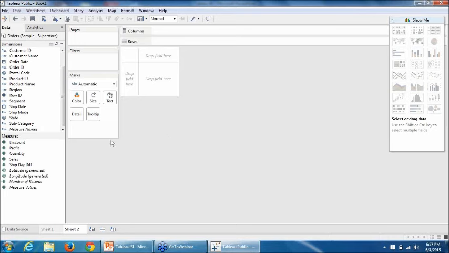So for that, I would need the latitude and longitude. As you see in my data set, I already have city, country, region, and state. So based on the state, city, and country, I would be able to draw a map, and inside that map, I can see the different data elements I want to include.